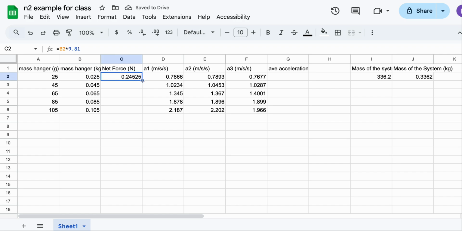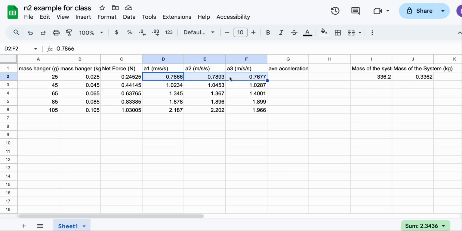Again, to apply that to the rest of the column, a box might show up here and hit the green button. Otherwise, grab the blue dot, drag it down, and it will apply that formula to the rest of the column. Next up, we want to find the average acceleration of our 3 trials. So over here, in average acceleration, there are about 3 different ways you could do this. You could put a formula that would add those all up, take the sum and divide it by 3, or